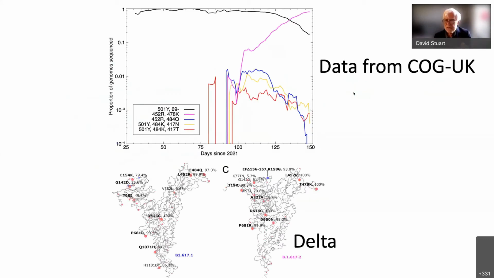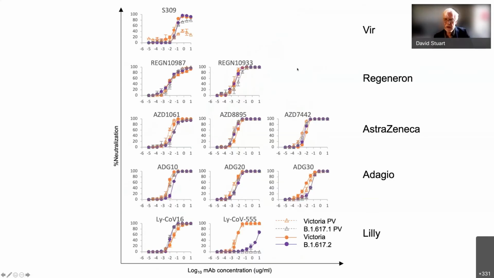This is data from the COG UK, so this shows what happened. It's now a little bit out of date. This has now dropped away to virtually nothing. Black is the alpha variant, and here you can see that Delta completely outcompeted it very rapidly and took over in the